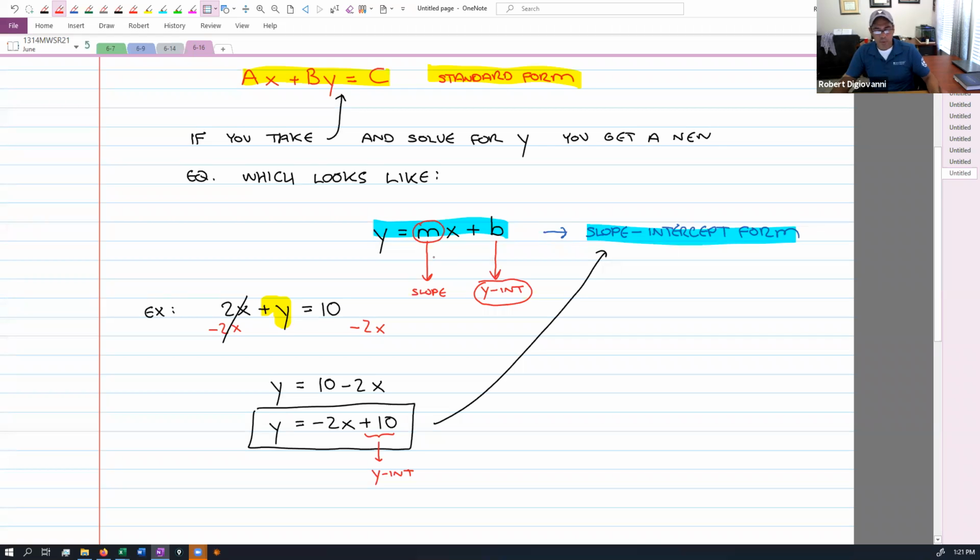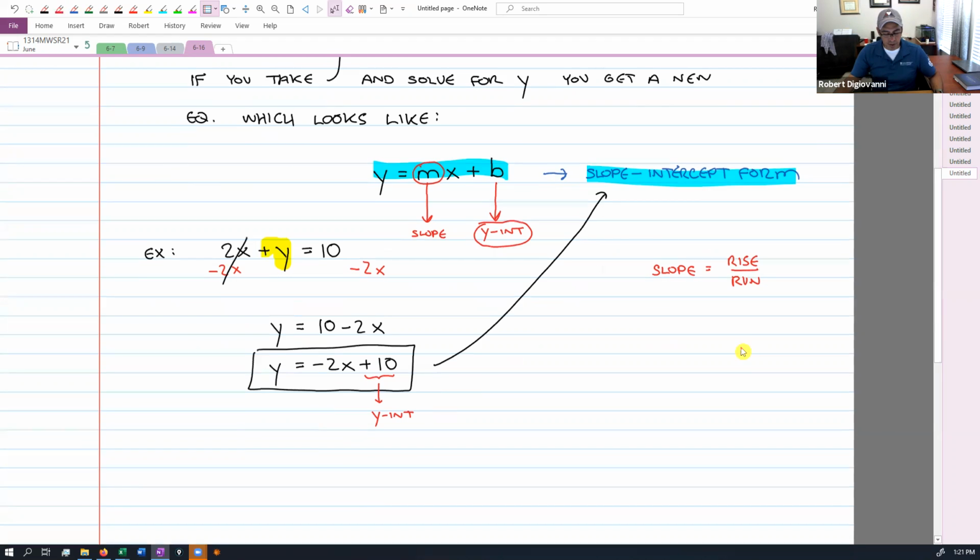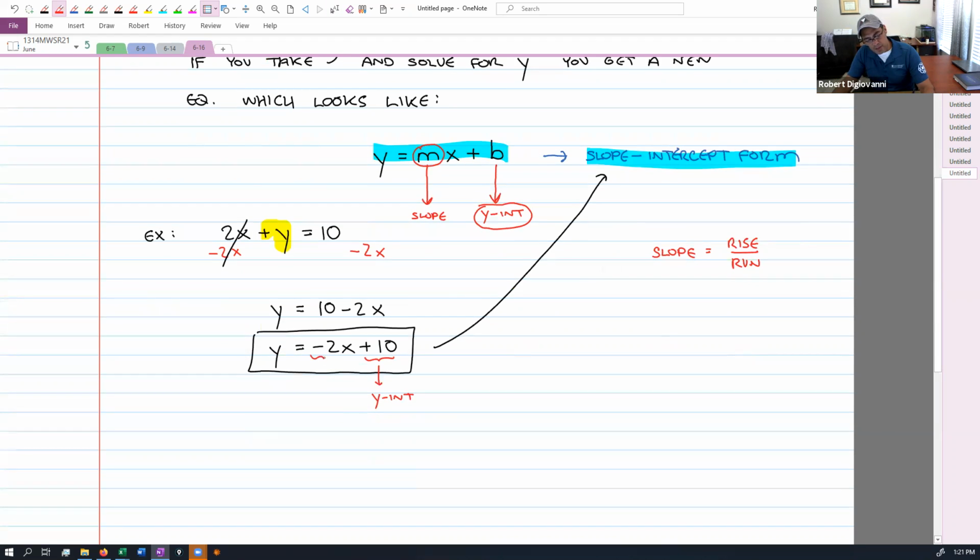Now the slope is your rise over your run. That just means it tells you, as you move from point to point on the line, how much you have to go up and over to get to another point. Okay, I'll explain this as we do this example. For this line, the slope of this line